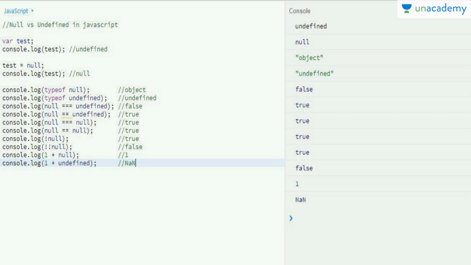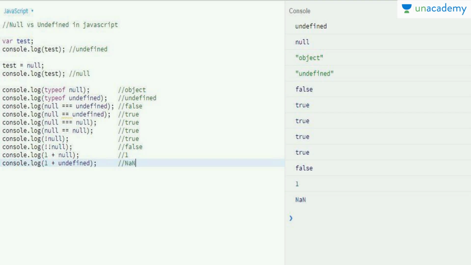So why does this happen? Now guys, everything in JavaScript is an object. The type of undefined is also undefined. When we check with the strictly equals sign, we generally check whether the type of the variable is also the same. If the type of variable doesn't match, then the strictly equal sign gives us the false result.